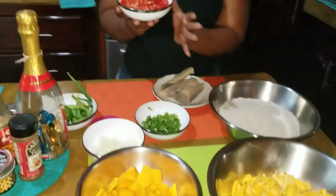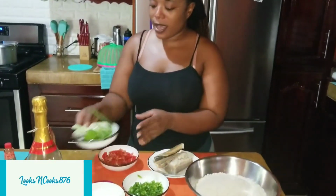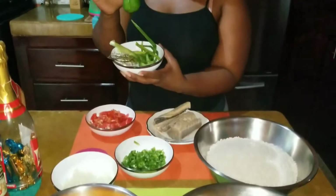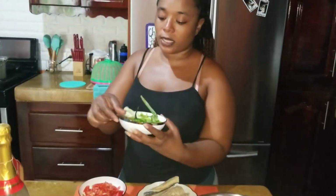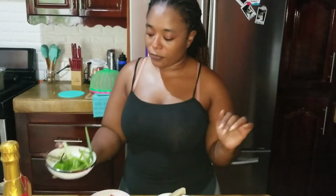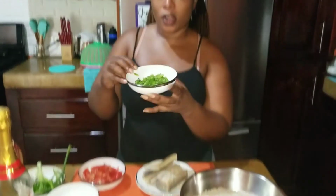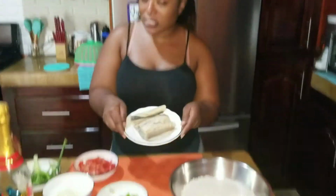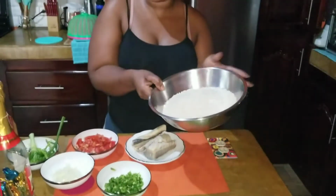So I have right here two medium-sized tomatoes chopped. I have a large green scotch bonnet pepper. I have two stalks of scallion and about three pieces of thyme, and I have three cloves of garlic. I have a medium-sized onion chopped. I have a large sweet pepper, bell pepper chopped, and of course the saltfish, codfish, and rice, of course, white